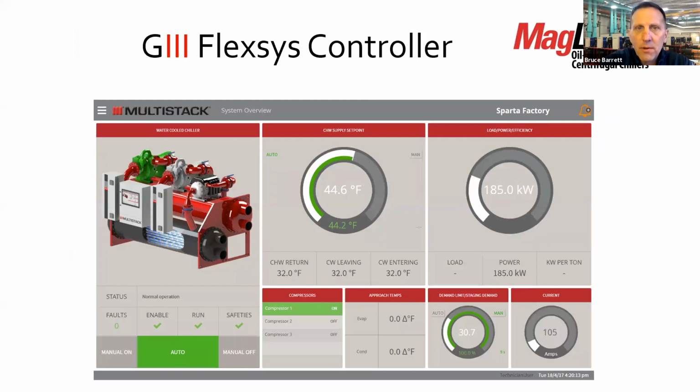We happen to be on our 3rd generation of controllers applied to our water-cooled machines, our 2nd generation on the air-cooled. As you can see, very good graphics. You'll notice on the machine pictured on the left, it shows operational compressors. It shows heat transfer through the tubes. Very easy 18-inch large touchscreen that gives a lot of visuals and an easier customer experience in the field.